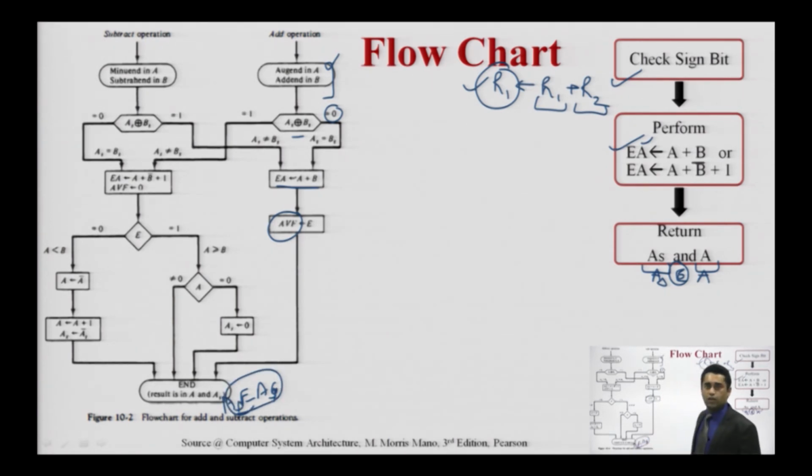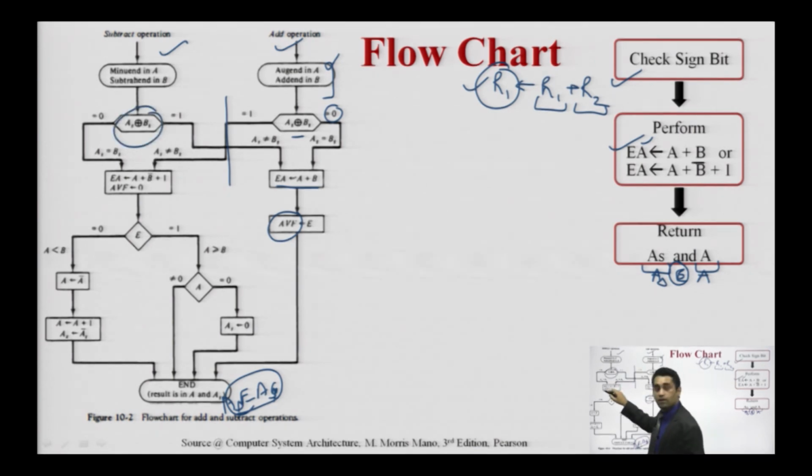Similarly, when we are talking about the subtraction, directly come to this part. So this is the subtraction part. We can't bifurcate these operations as subtraction and addition. What is there in the subtraction? We are checking the signs. If it is the negation part, then it comes to here.